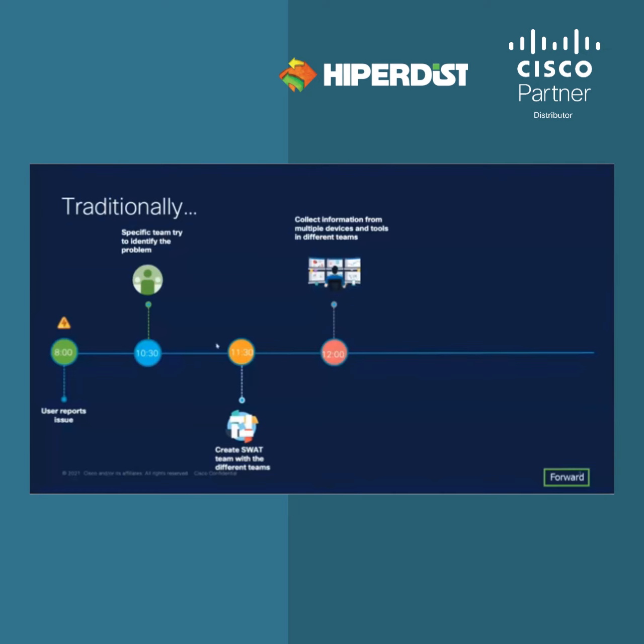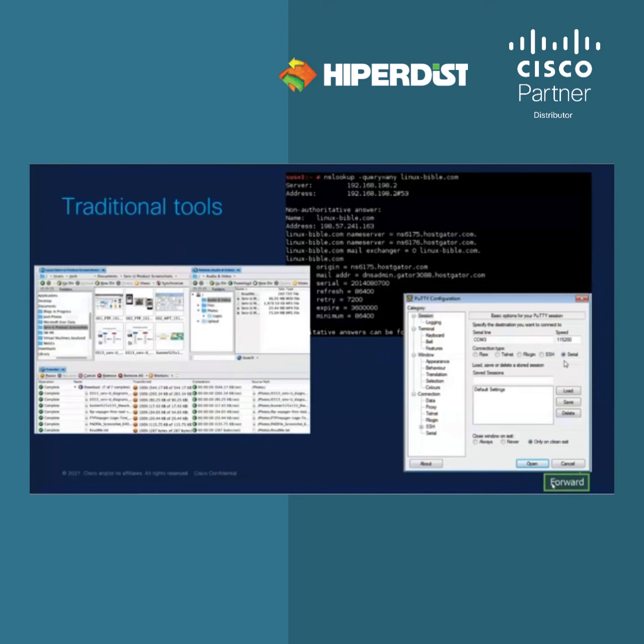So you can clearly see here the traditional way is taking much more time to identify the issue. So far, the issue has not yet been identified. So we are already at 4 hours. So now what happens? With the traditional way, the applications we use are FTP, SFTP, NSLOOKUP, PuTTY,